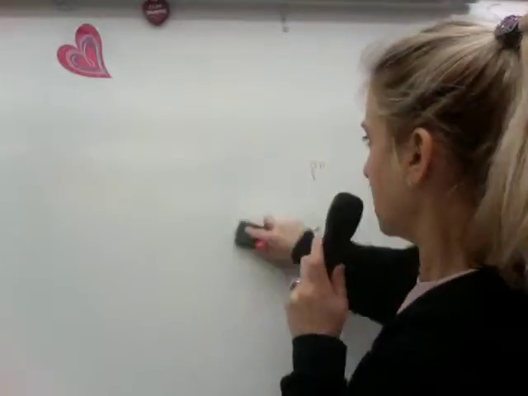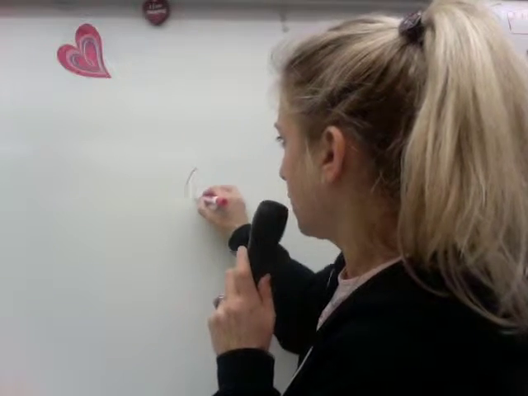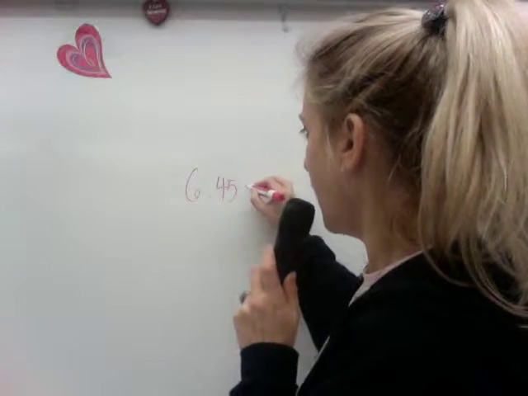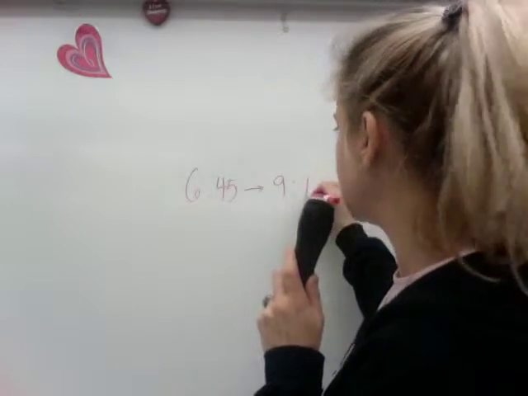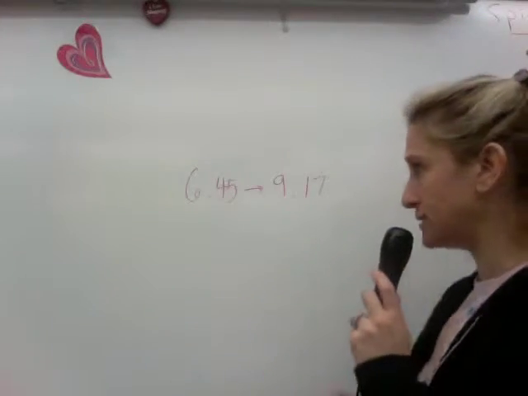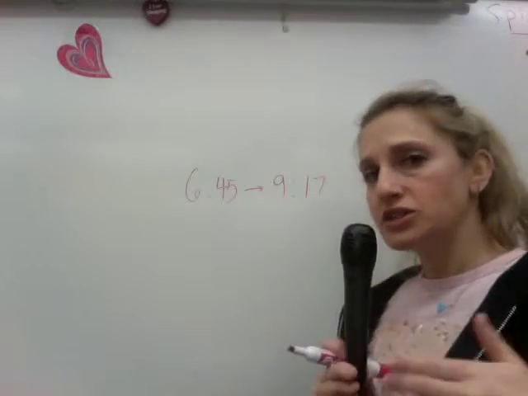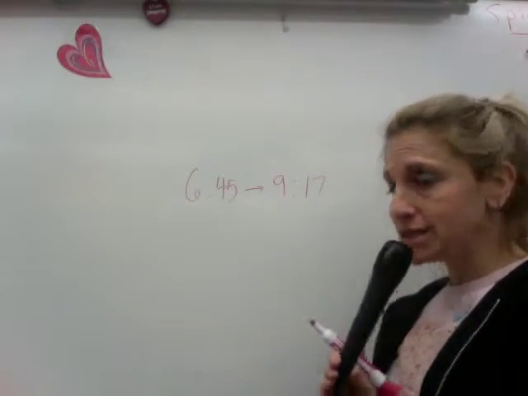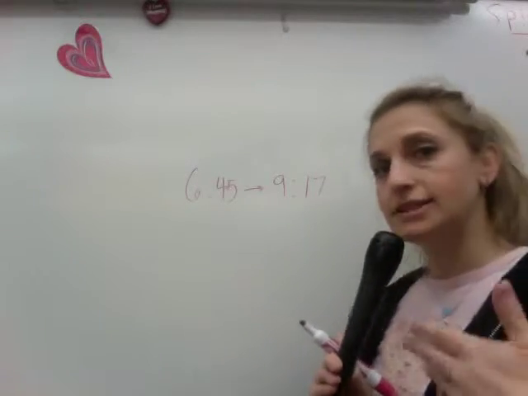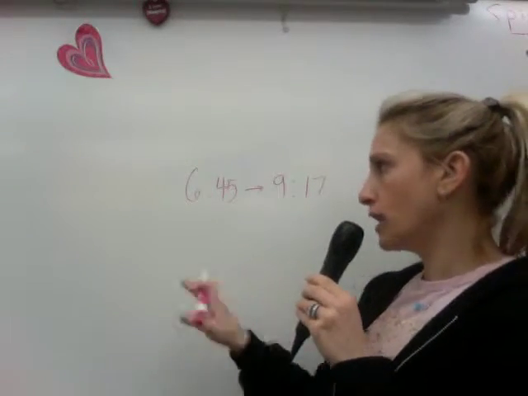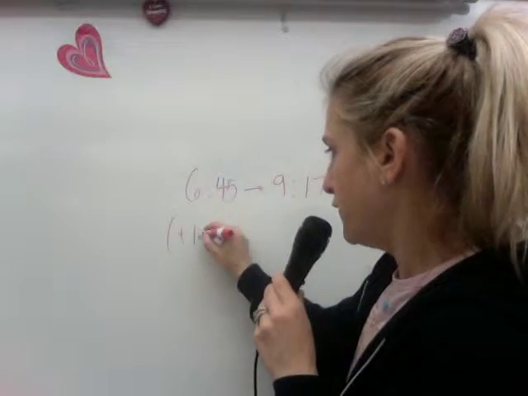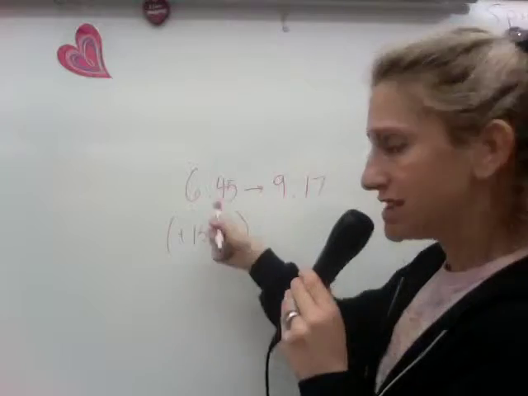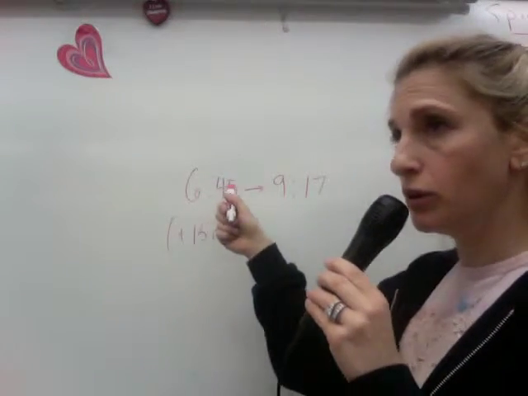But it's not as simple when the numbers get a little bit trickier. For example, 6:45 until 9:17. Let's just pretend it's this. I can get to the nearest whole, so if I add 5 minutes, I'm at 6:50, and then I can add 10 minutes. But I happen to know that 7:15 is 15 minutes away. So if I were to add 15 minutes to 6:45, and it's very important you label your work,